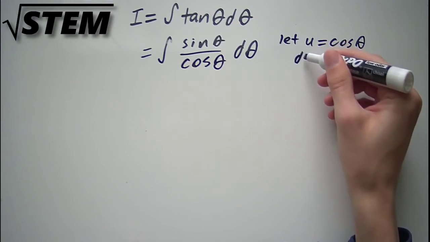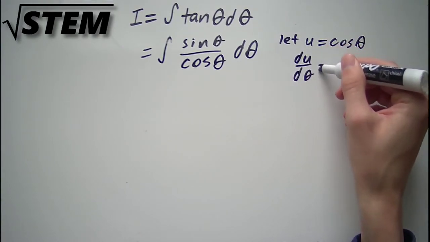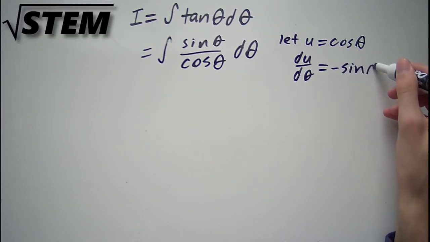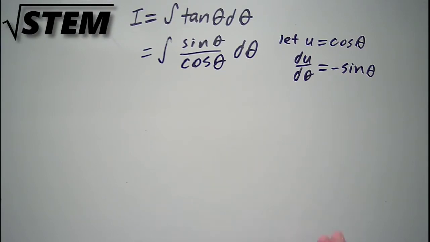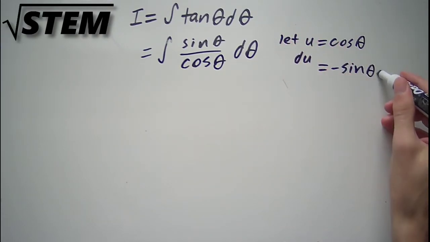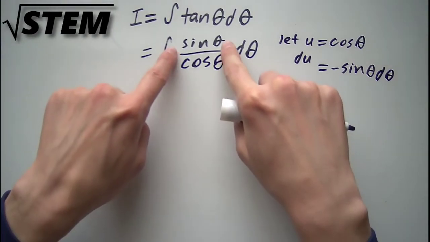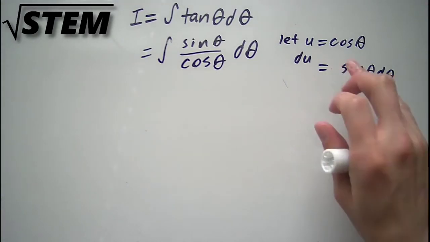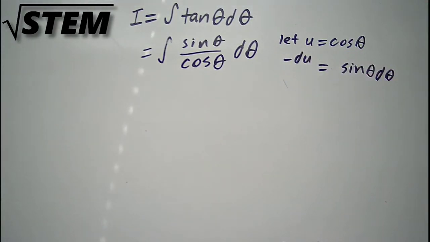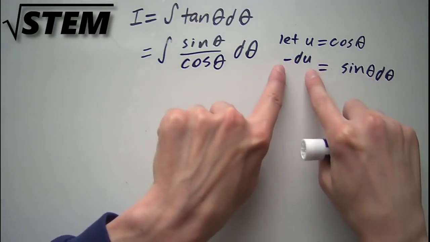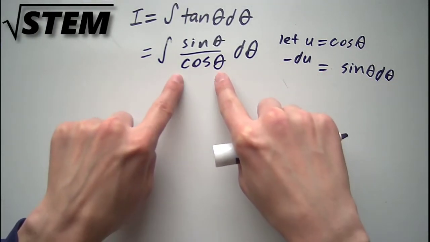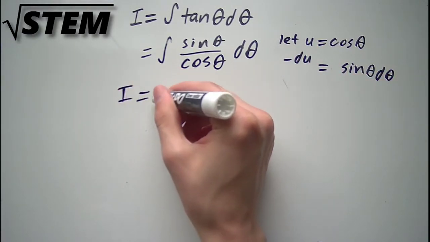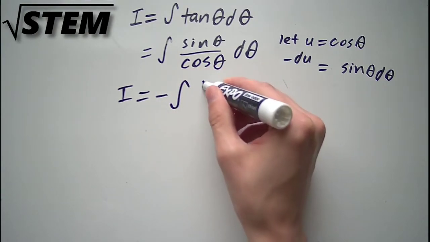Now when we take the derivative with respect to theta, the derivative of cosine is negative sine of theta. Okay, now let's bring that d theta to the other side. And we have sine theta d theta in our integral that we could replace. So let's just bring that negative over here to the du. Then we can replace sine theta with minus du, and we can replace cosine with our letter u. So now our integral equals negative 1 over u